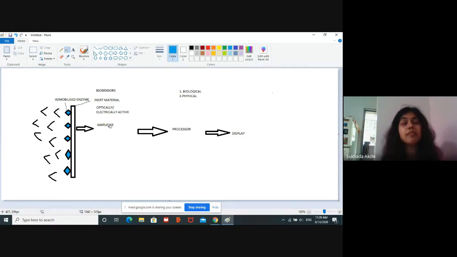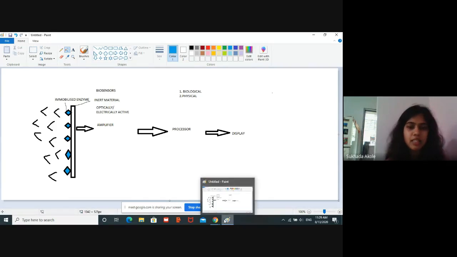Of course, first we will have to amplify, क्योंकि ये जो बायोसेंसर्स हैं ये ऐसे प्रोसेसेस में यूज होते हैं जहां पर जो एनालाइट है उसका कॉन्सेंट्रेशन बहुत कम होता है, और नॉर्मल केमिकल एसेस के थ्रू हम उसको देख नहीं सकते या उसका कॉन्सेंट्रेशन डिवाइस नहीं कर सकते. So in such cases we use biosensors. So therefore an amplifier is necessary.